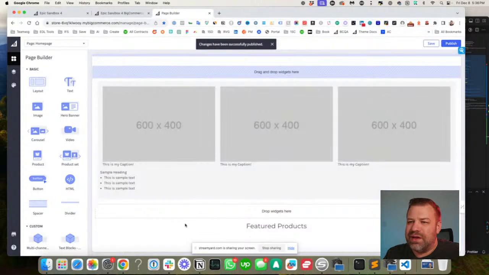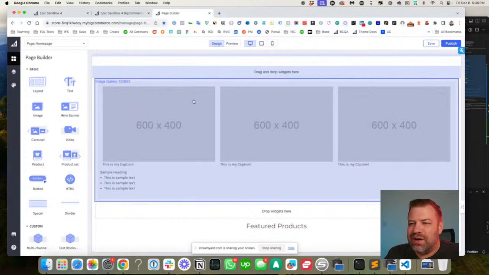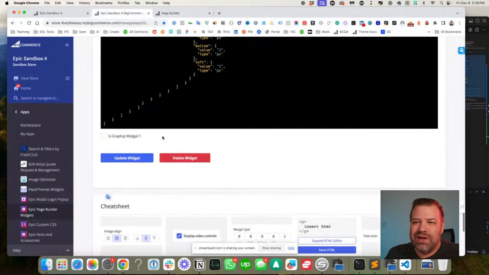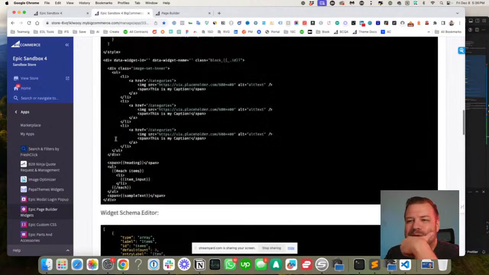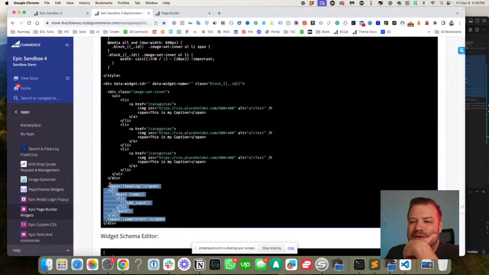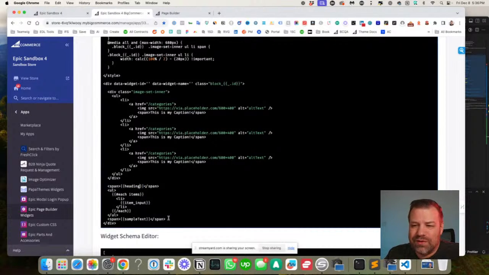All right, you can see that here in the customizer, after refreshing, we're seeing our blocks, we're seeing our captions, and we're also seeing the old garbage, the sample headings and the sample text. That's because that's what is still outputting here at the bottom of our HTML. And we're still asking these questions, so we're still asking people to give us heading text. So what we need to do is, first of all,